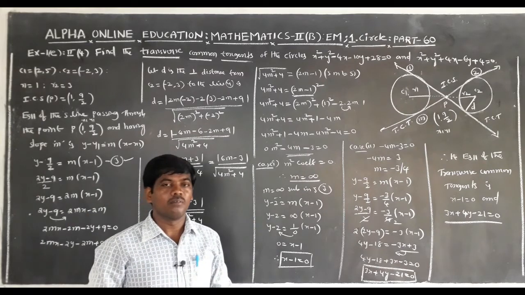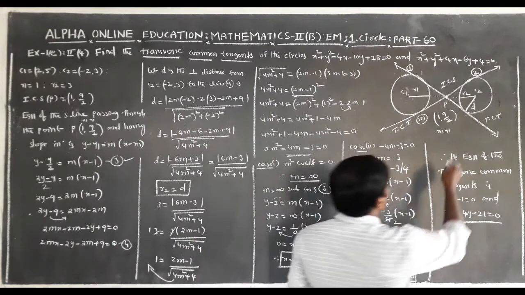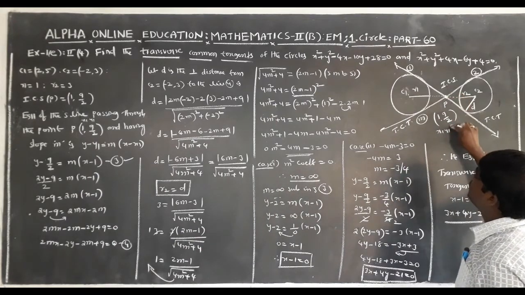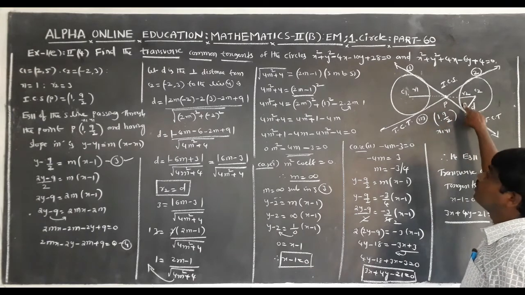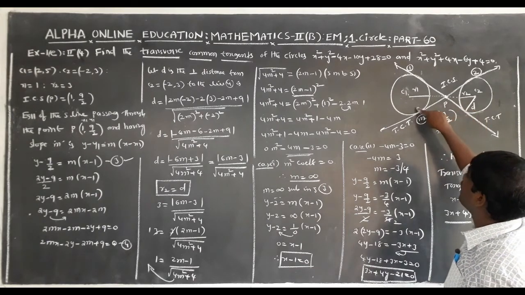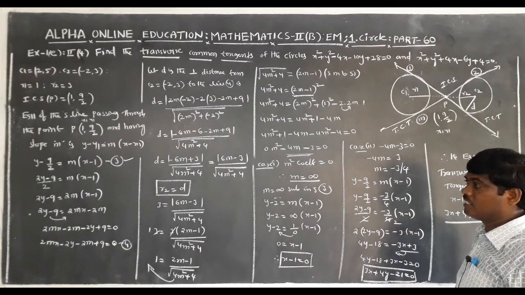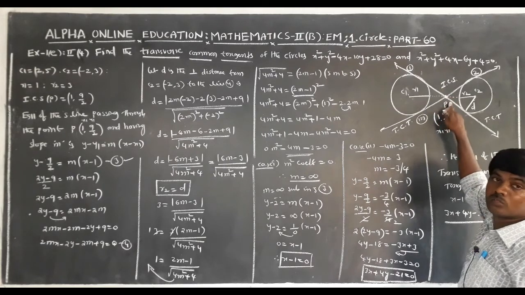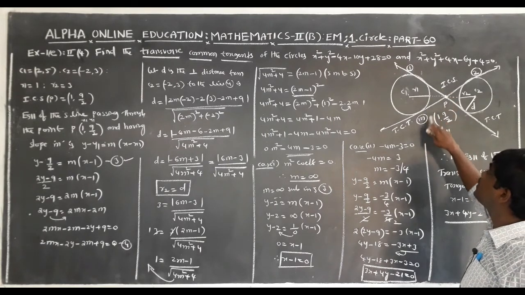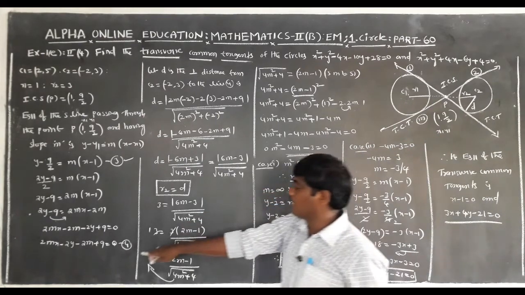Long question, very important question. First of all, here we find the internal center of similitude of the given circles. Again, find the equation of the transverse common tangents of the circles. Here two lines are passing through the point P. Let m be the slope of the line. Here we find the m value.